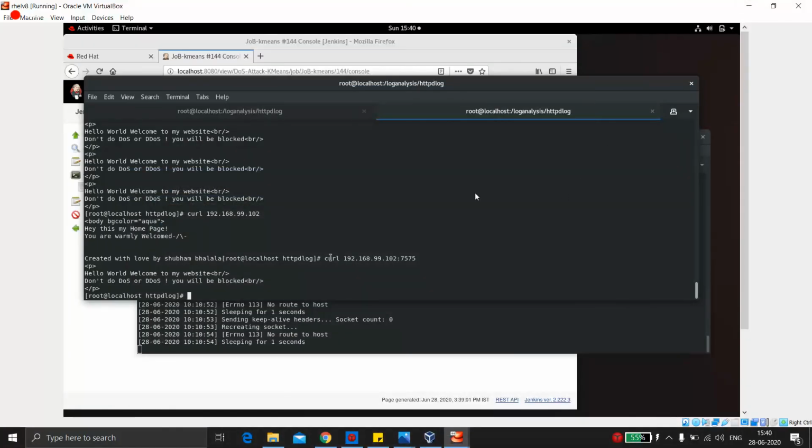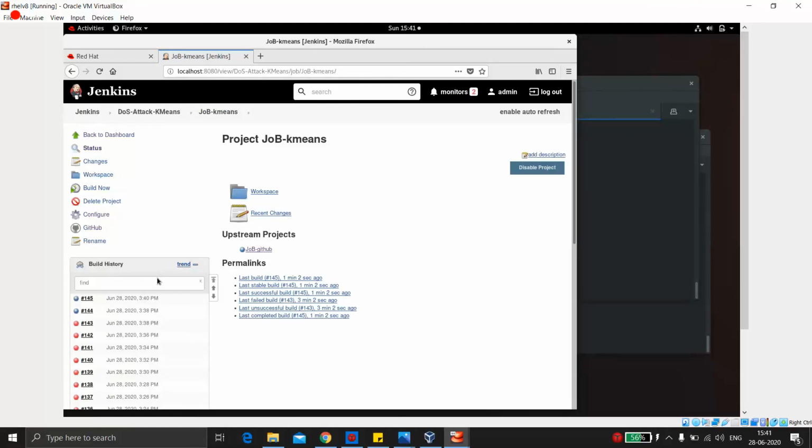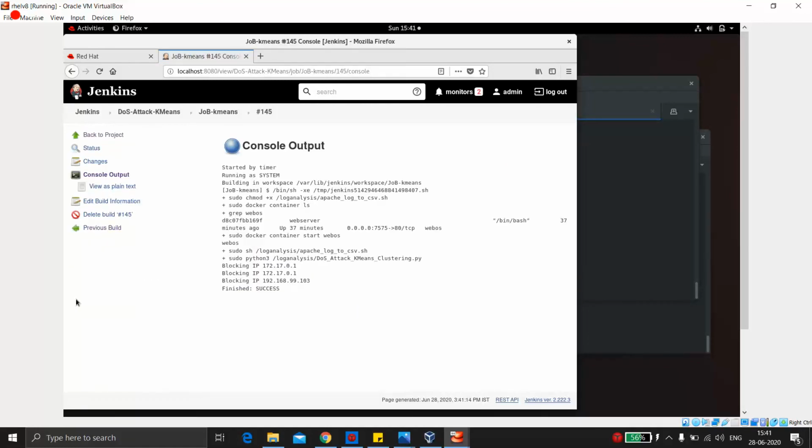Now the other users will get the full connection. Just these 2 users which were doing DOS will not get the output, or will be blocked. And if you go to this again, you see it runs every 2 minutes, right? It ran at 338. Now it is 340, and it's still going on successfully, and it won't end. This will keep going on, so that no one can do a DOS attack on you.